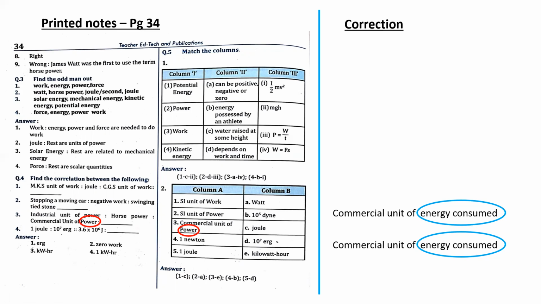The same thing in question 5 under match the columns. Again here it is mentioned as commercial unit of power. The correct word would be commercial unit of energy consumed. Next,